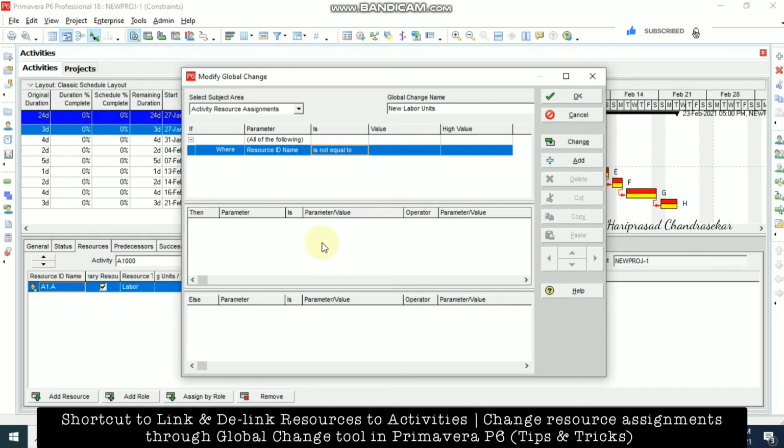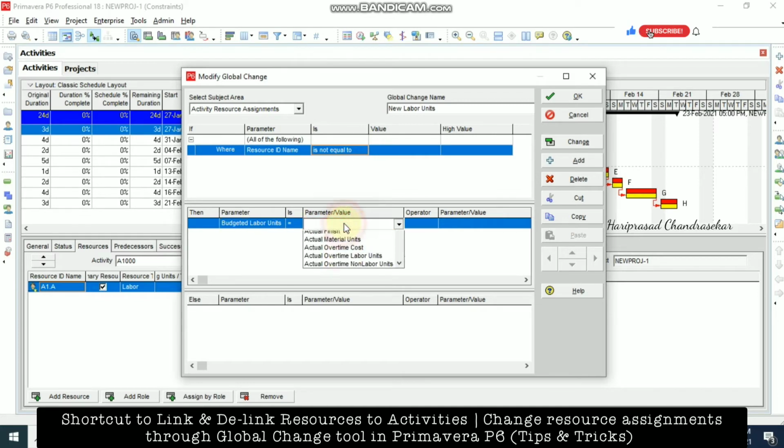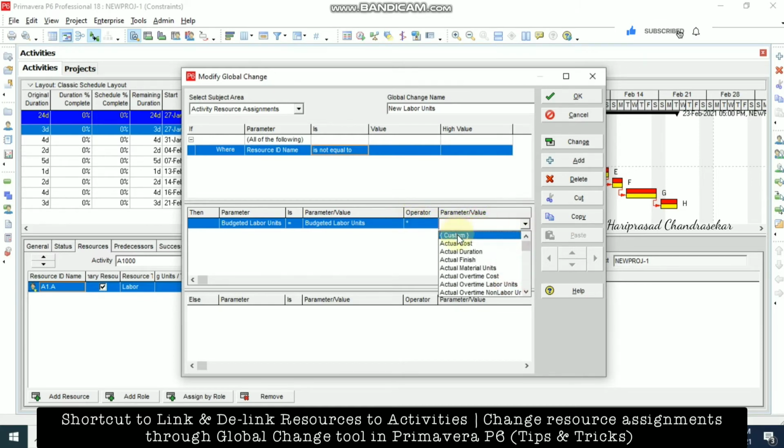Then we click the then option and click add, where we can choose budgeted labor unit equal to budgeted labor unit. For the operator we can choose plus, minus, into, or division. Now I'm going for into, multiplication. For how much, you can click custom and put in the value.